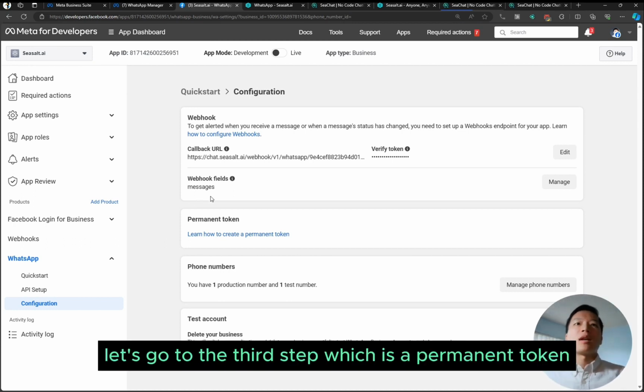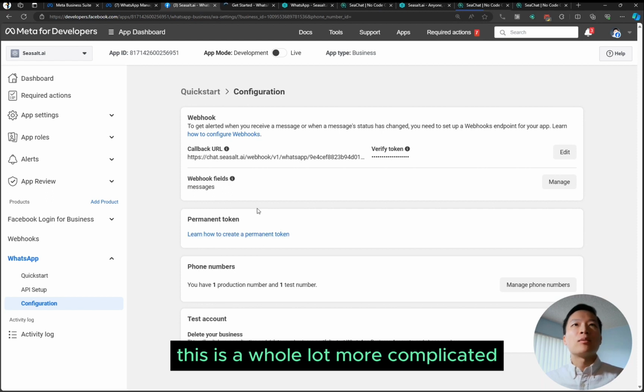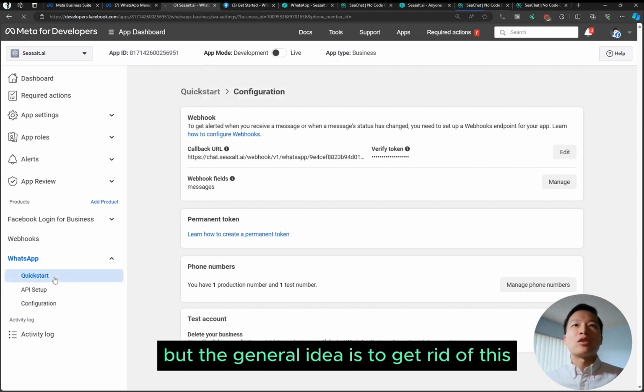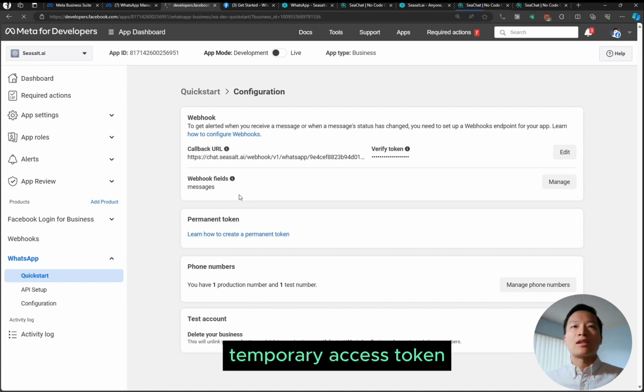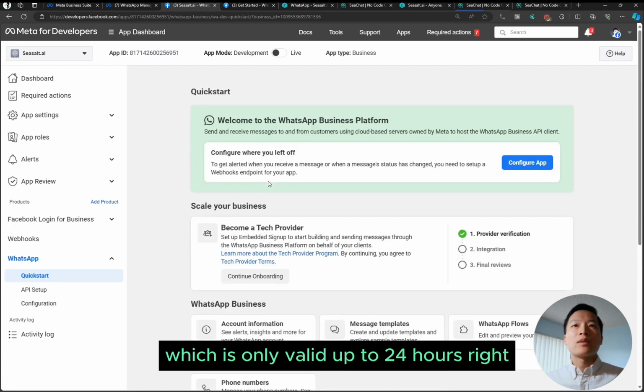Let's go to the third step, which is a permanent token. Facebook does tell you how to create a permanent token. This is a whole lot more complicated, but the general idea is to get rid of this temporary access token, which is only valid up to 24 hours, right?